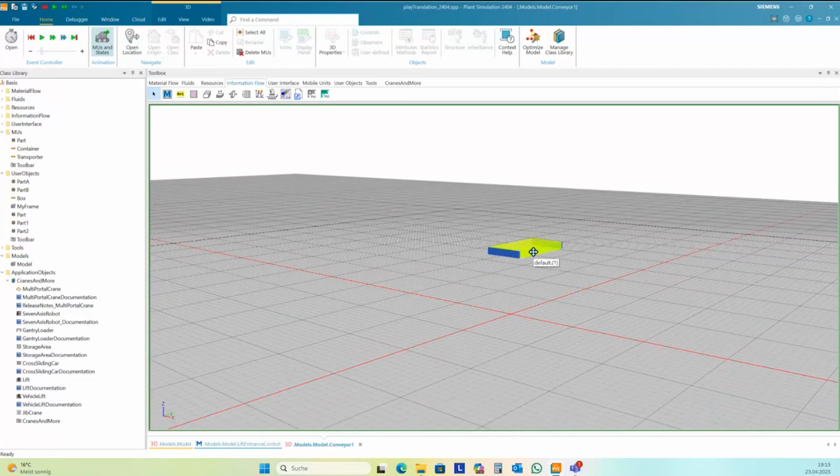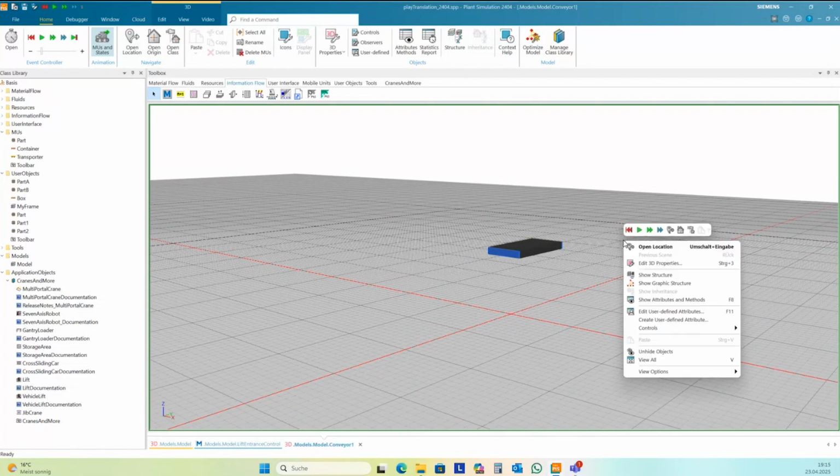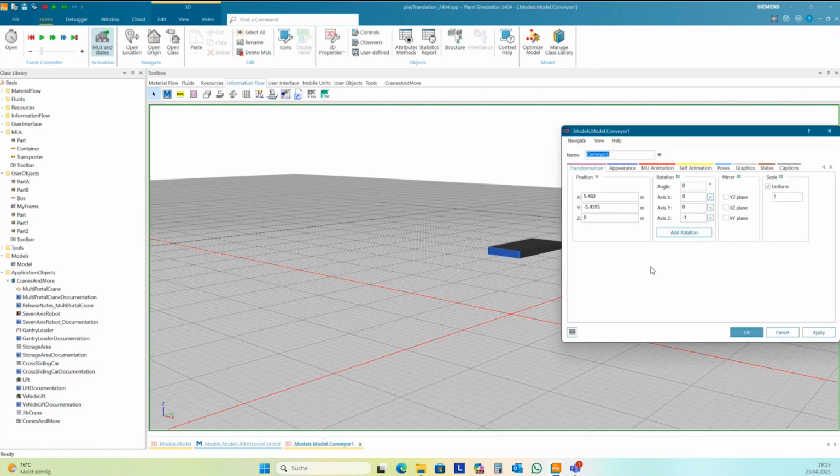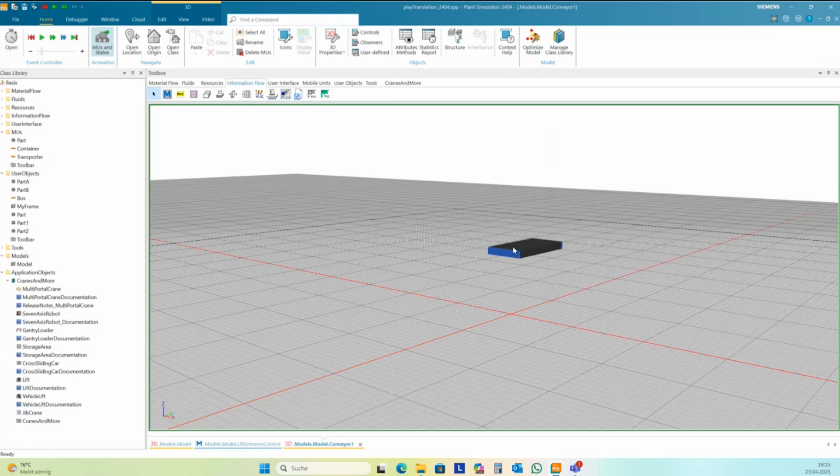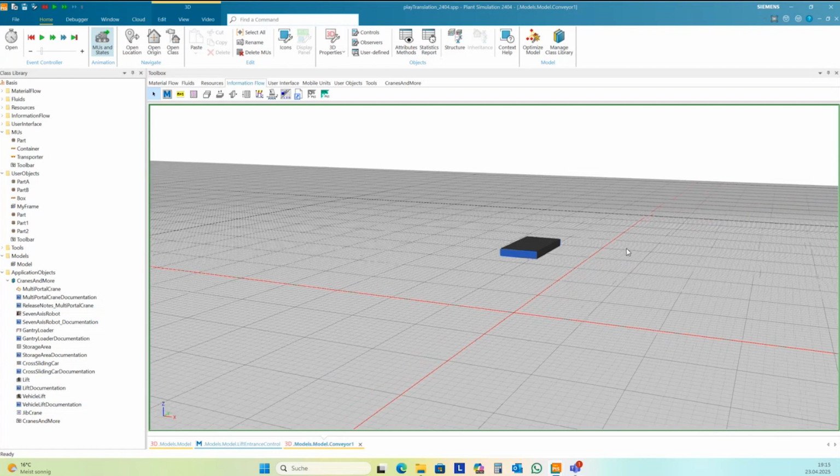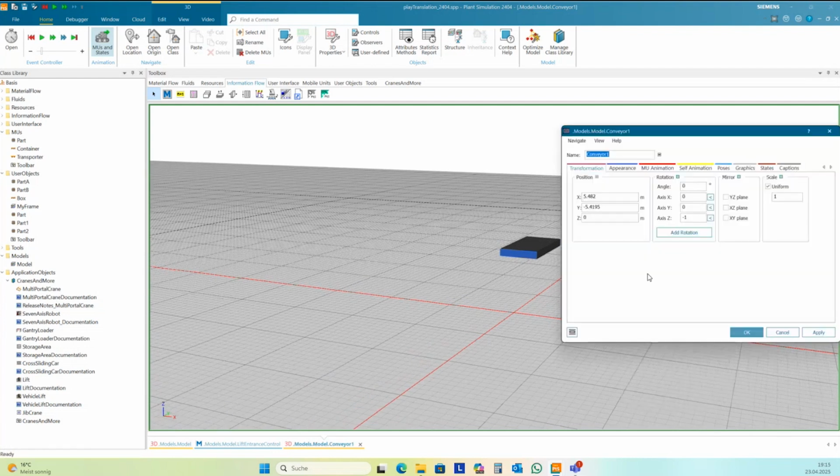But if I go here into this element or in the 3D properties, then the position set is 0.